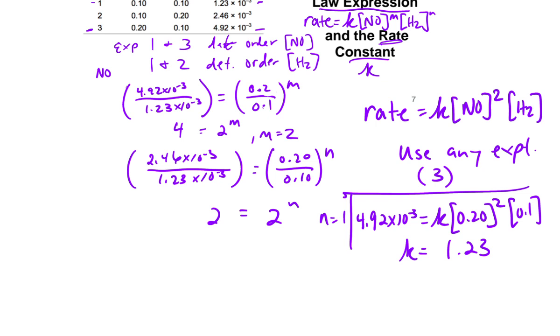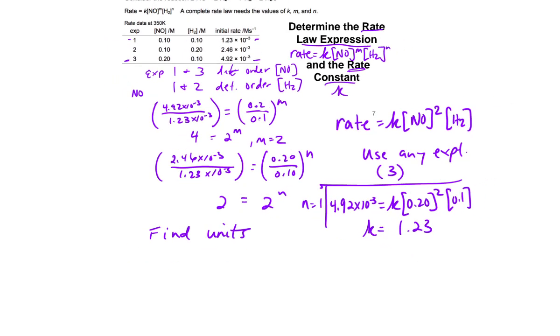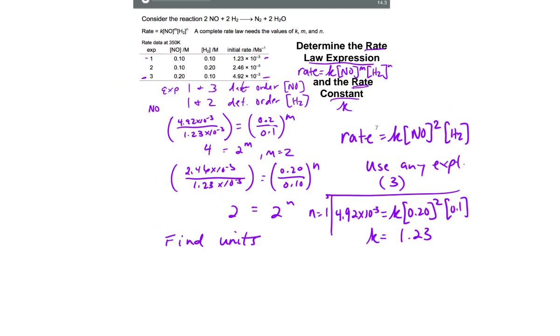Okay, but K also has units. So this is actually the harder part, is figuring out the units. What are the units on the rate constant? So we essentially do a unit analysis, which basically just means plug the units in instead of values. So for rate, we have moles per liter